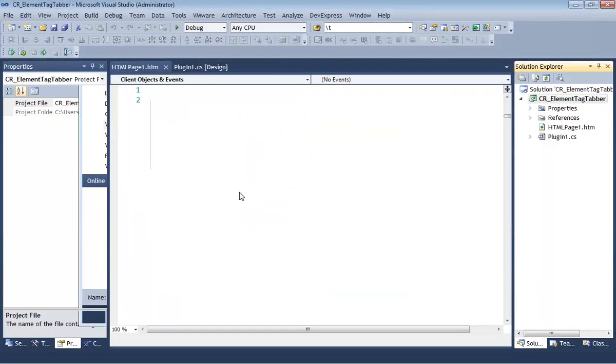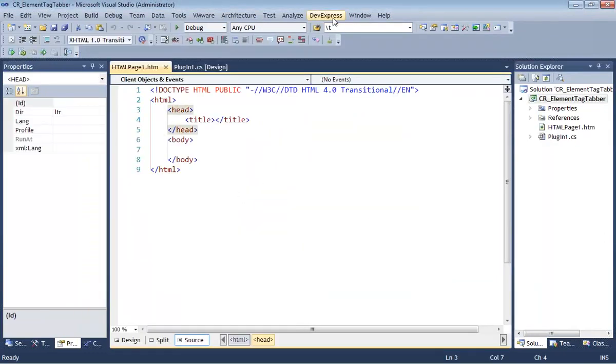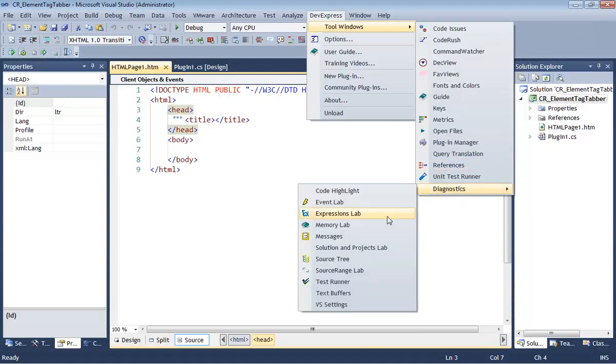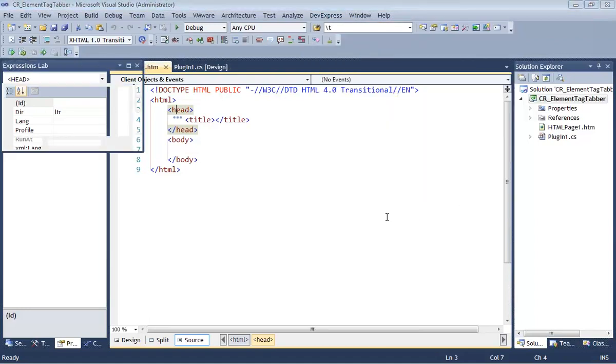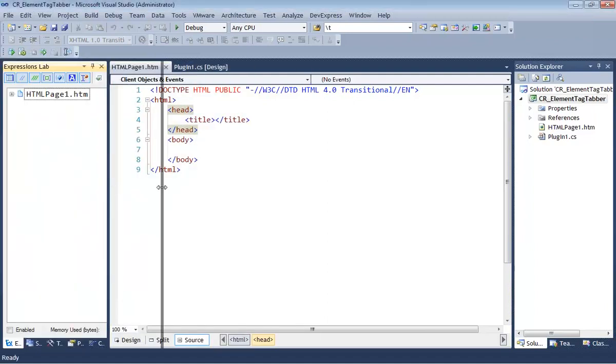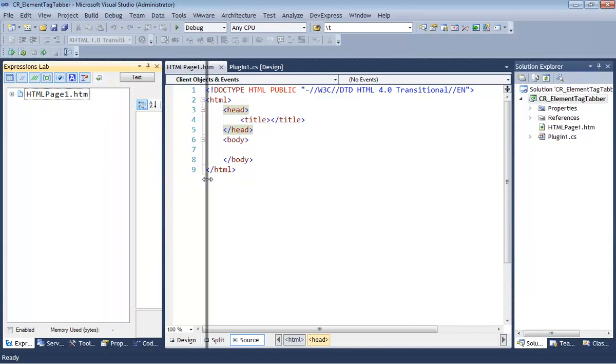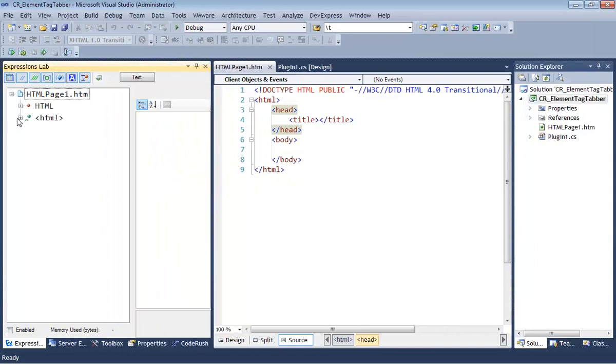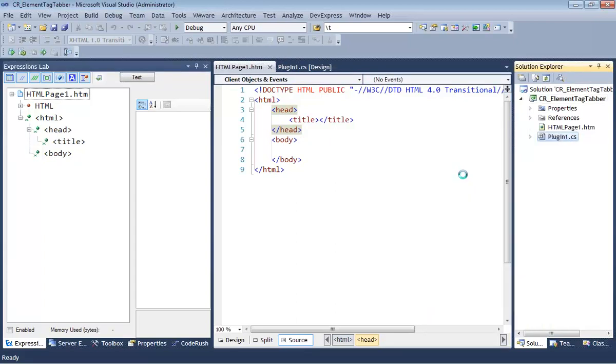HTML page. And so let's go into Tool Windows, Diagnostics, Expressions Lab. We'll dock this off to the side. And if you don't have the Expressions Lab, I think it's now part of the install. I seem to recall hearing about this. But you can also get it online if you don't have it. Just search for DX Core and Expressions Lab, and I think the top Google hit will take you to the page that distributes it. At any rate, this is a view into the source code, including